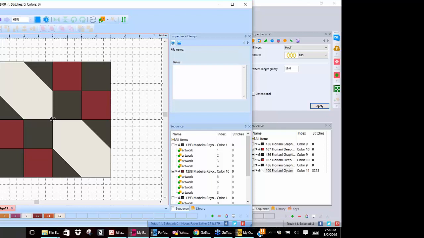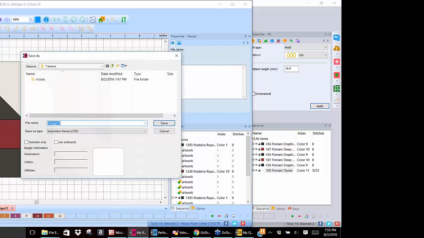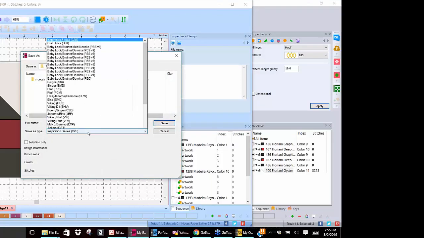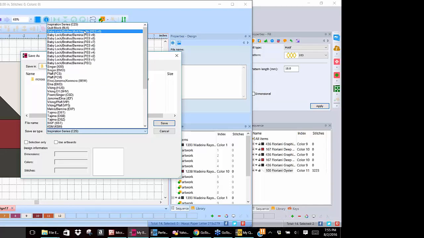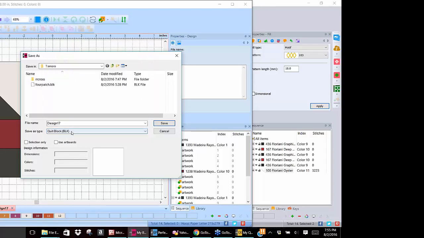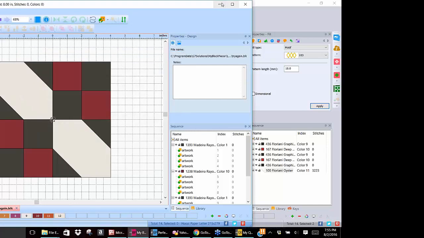I want to do this again with the file because I think I know what I did wrong. File, Save As, and I'm going to save this as a block file, which is what I didn't do. We'll just call it "try again," and save it under Tamara. Click Save. Now, let's go into my Quilt Embellisher,